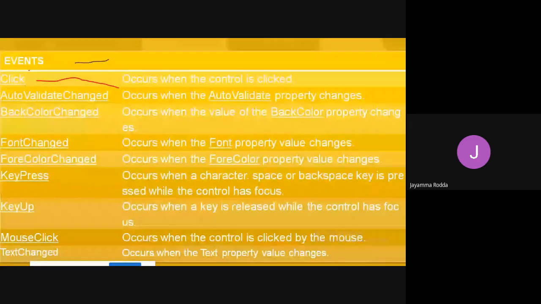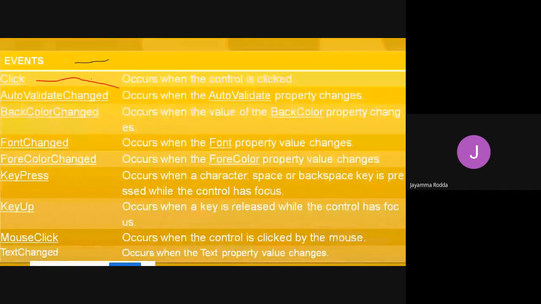So auto validate changed is an event that we use to validate the control's properties. Whenever a control property like enabled is yes or enabled is no changes, that is the property.